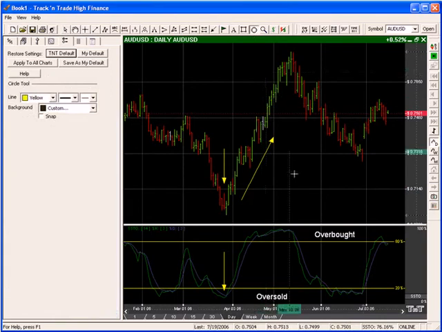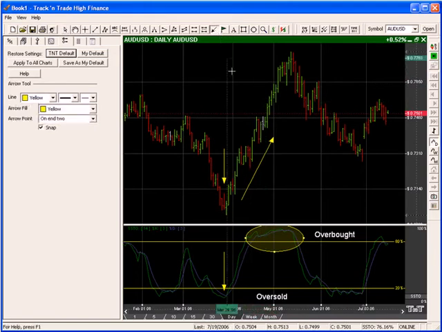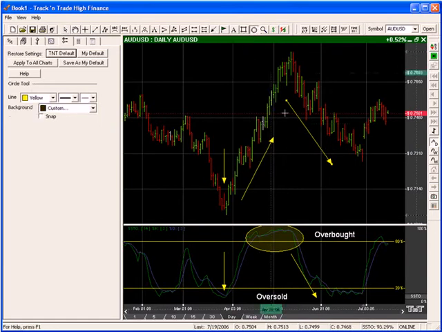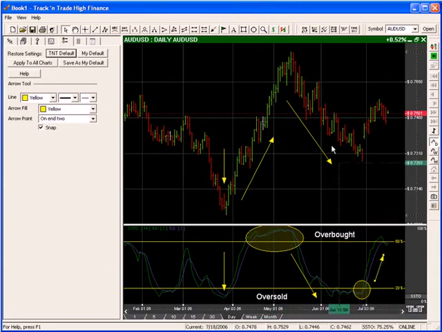AUD-USD contract. And now as this market comes up and goes into the overbought region, you anticipate a change in direction from the overbought region back into the oversold region, and you see a correction in the market. And so again, that's what we saw in this market. Now again, one more time, the indicator came down into the oversold region, and then when it pops back out, we anticipate a change from the oversold region back towards the overbought region, which is then reflected back up here in the market. And so you can see how this is helpful for you in trading. Now with Track and Trade, of course, we can go back in time and look at how it changed as it progressed.